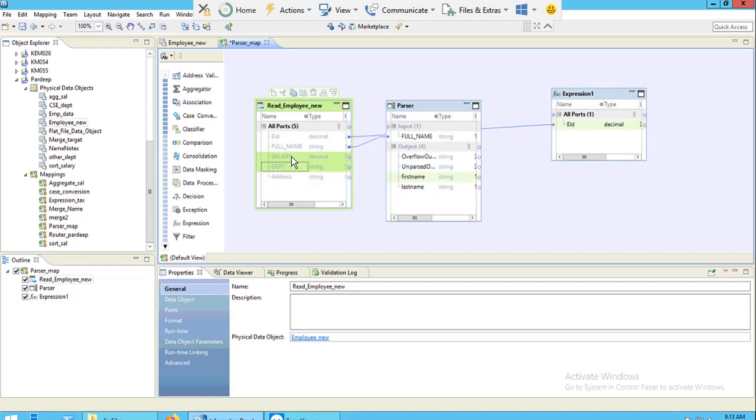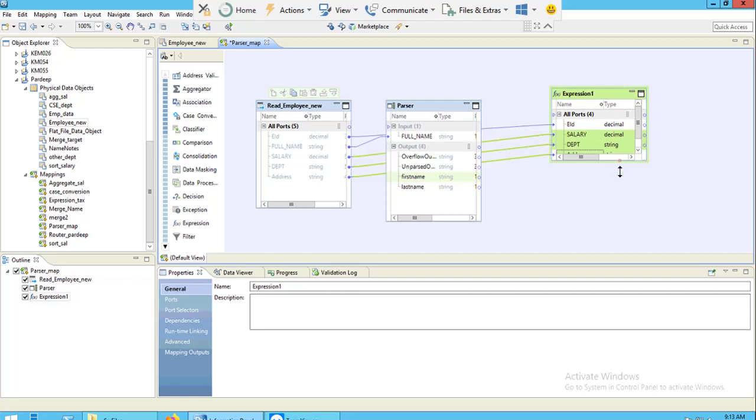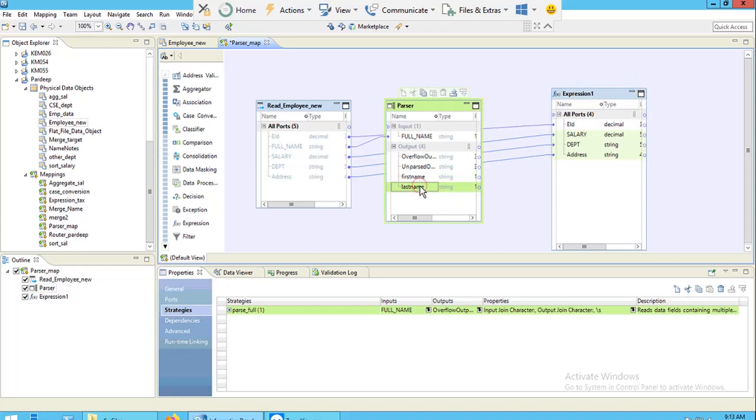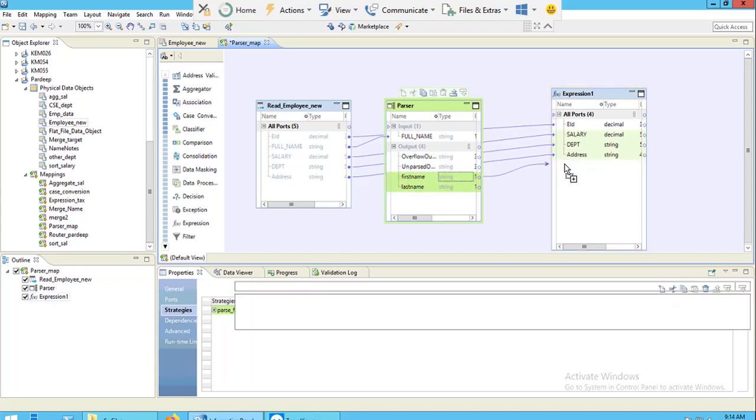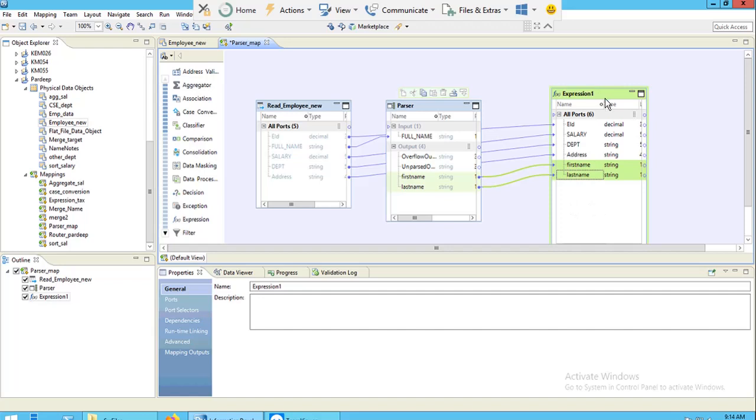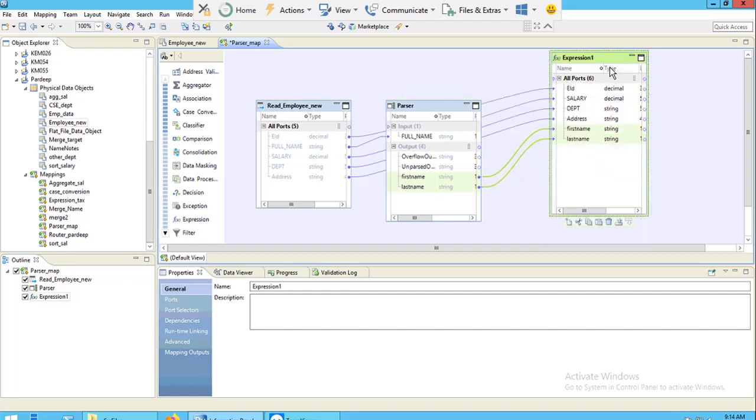Then salary, department, and address will be connected to this. Whereas my first name and last name will come from this transformation. So this will be a regular expression. I hope it is clear.